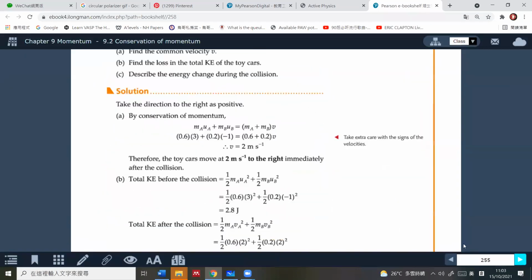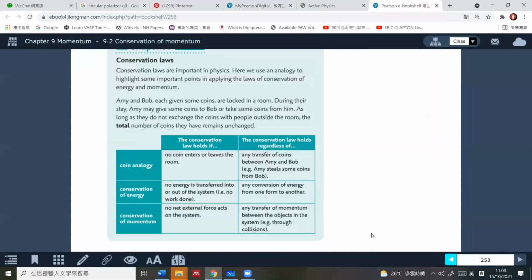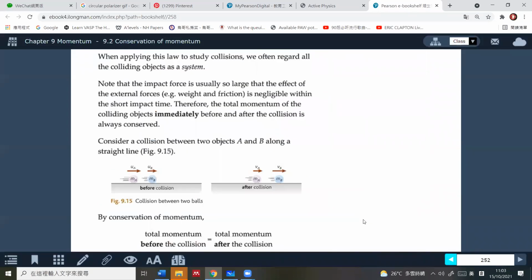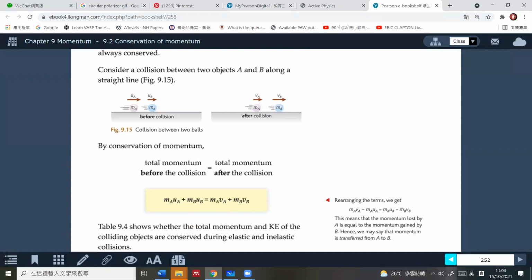So page... 唔知幾多，有冇揾到呢條 equation 啊？Page 252 on shear block. So if you have your books with you, then you can turn to page 252, then you will get this equation. So in your book, it uses A and B as the notation, okay? So for me, I normally use 1 and 2. 都係一樣啫。波 A 嘅 UA，波 B 嘅 UB。